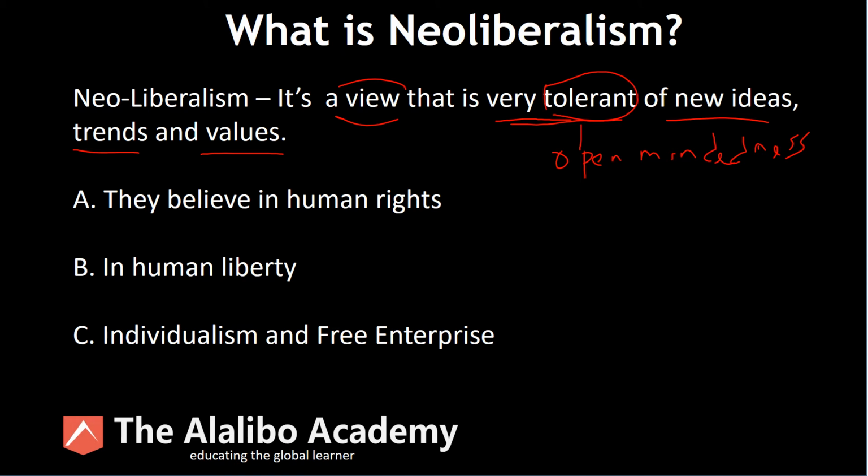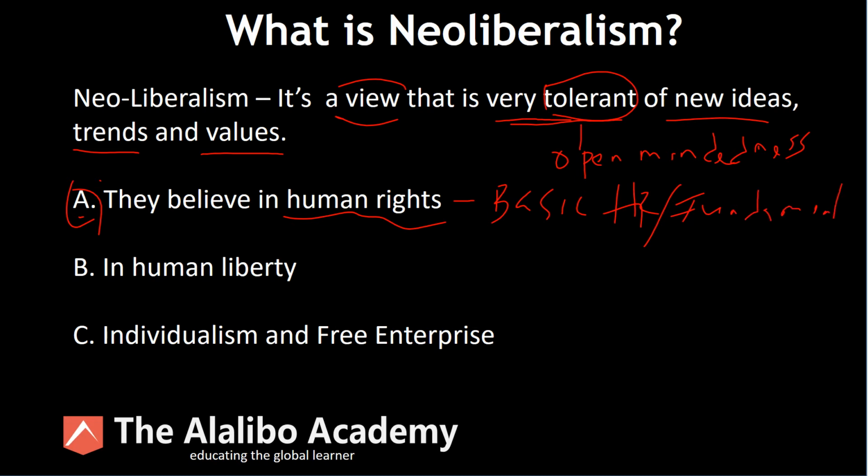Neoliberalism is anchored on three basic elements. The first one is human rights, and human rights is very key and core to neoliberalism as a concept, as a view. And when we talk about human rights, we're talking about basic human rights, or some people call it fundamental human rights. And these are rights that, especially in democratic society, are embedded in the Constitution. For example, the right to life,